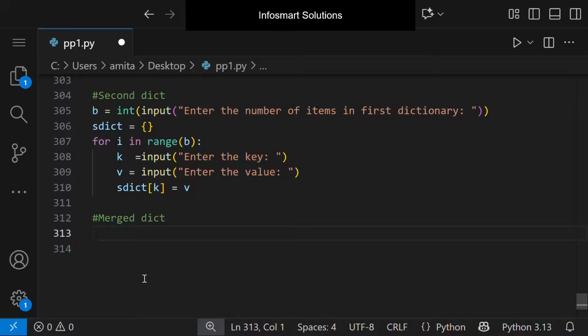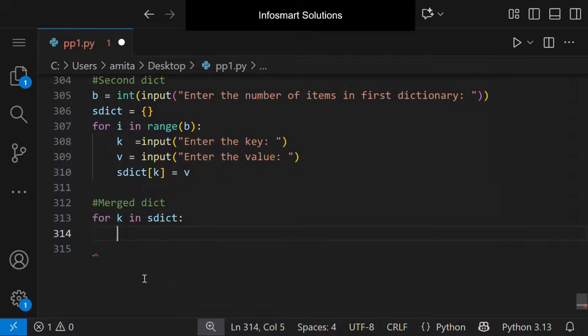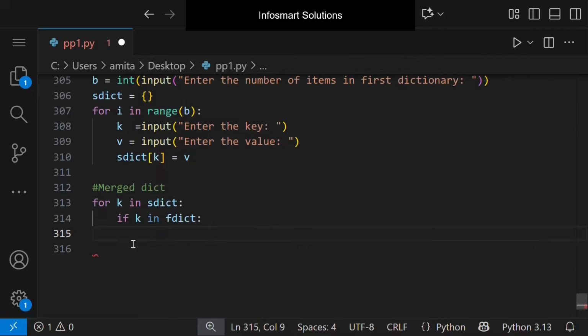So for merging it, you can say if the value of the keys are same. Like for k in second dictionary, you can use another if condition, that if k in fdict. By this we can just see if the keys are same in sdict and fdict, then